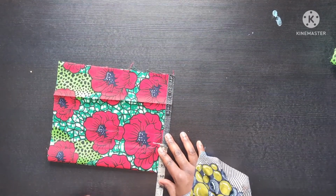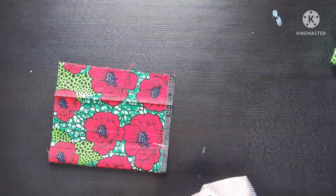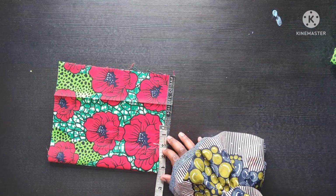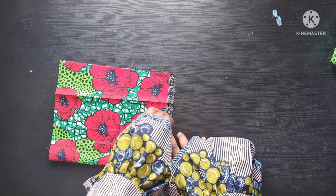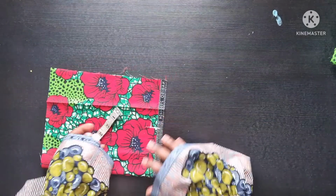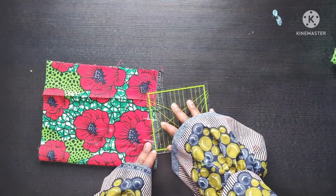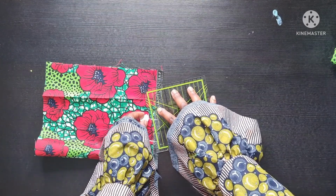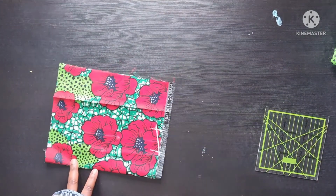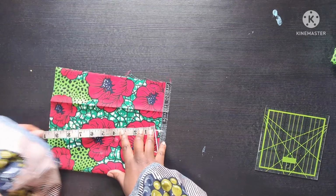So for the neck width, I'm marking 2.5, just making sure again I've got the right fabric. So I'm doing the front, and for the shoulder, half of a shoulder measurement is 4.5, and I'm just going to come down the shoulder by half an inch, which will make this shoulder slant, because as we all know, our shoulder is not straight, so that's why we're creating this slant. Okay, so we're joining the neck width to the shoulder slant,